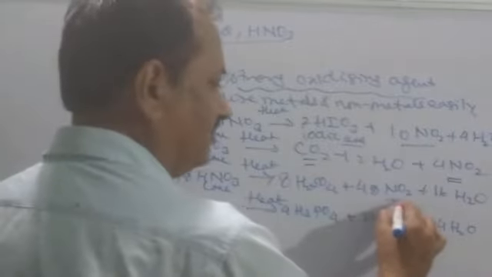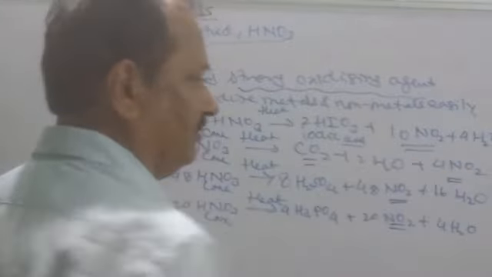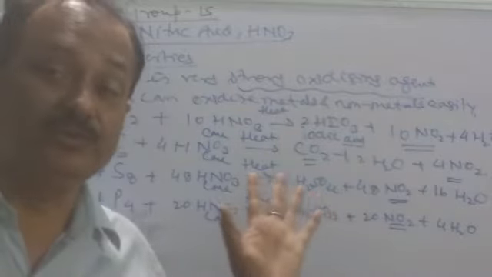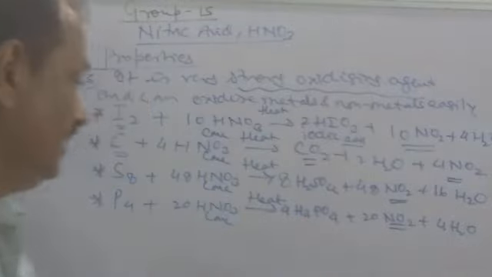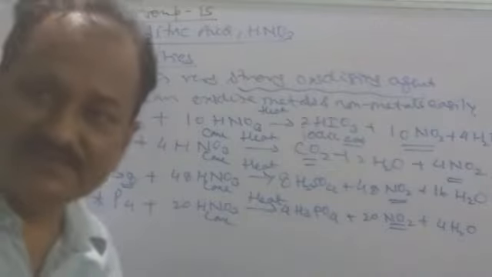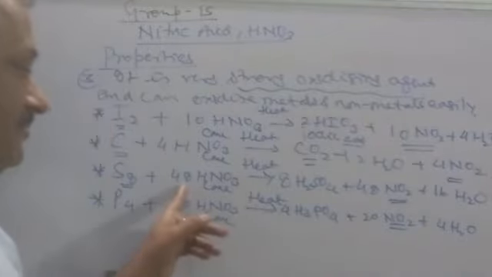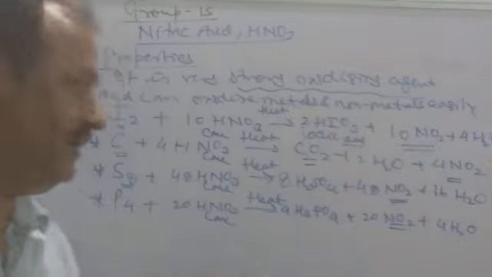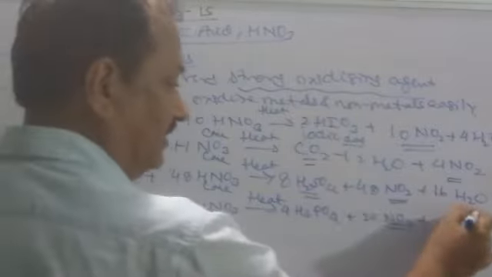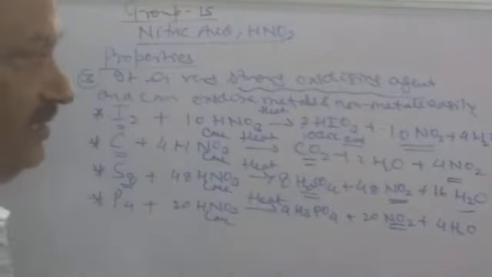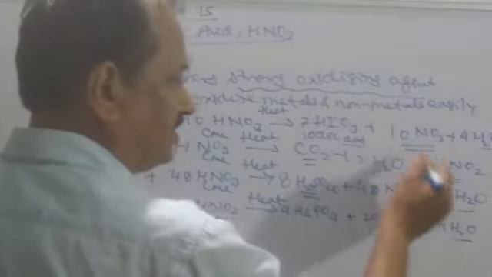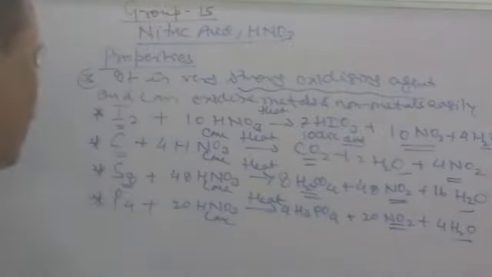See, in all the cases, there is formation of NO2. The oxidation number has been changed. In case of concentrated and dilute, it is NO. When we take sulfur, S8, meaning elemental sulfur, a very large amount of nitric acid is required, and then there is formation of sulfuric acid, NO2 and water. So see the condition. In all the conditions, water is the same and oxides are also the same. So this explains the point.